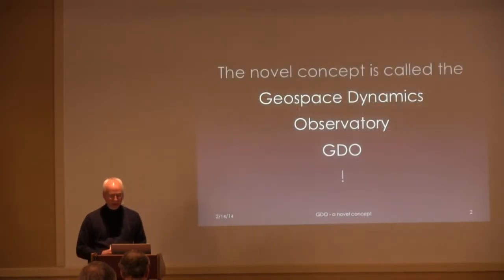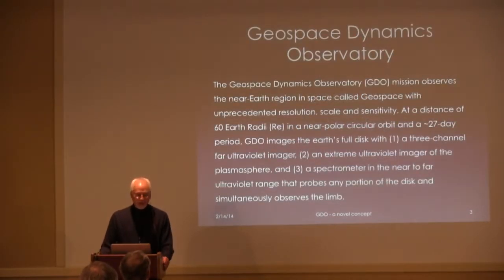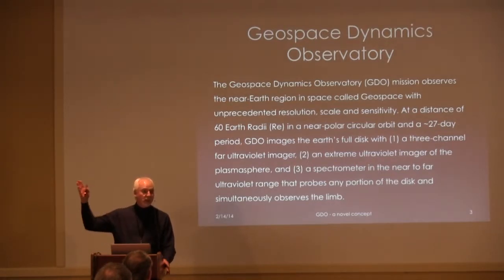So the new concept is basically named Geospace Dynamics Observatory, picking off a little bit from the existing Solar Dynamics Observatory, which provides some fabulous data of the sun in many wavelengths and very high resolution. And this would do the same thing for Geospace. The Geospace Dynamics Observatory would take advantage of an existing asset, and I'll talk about that in a second, by orbiting a very large telescope at very far distance away, basically at a lunar distance, but you'd put it in a polar orbiting